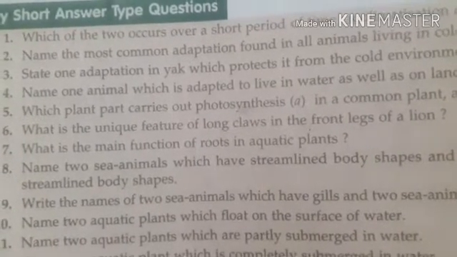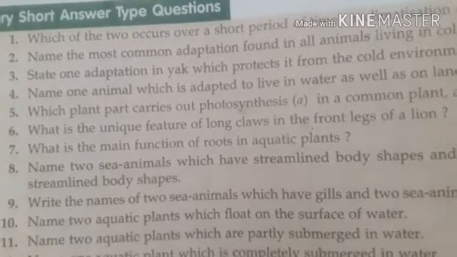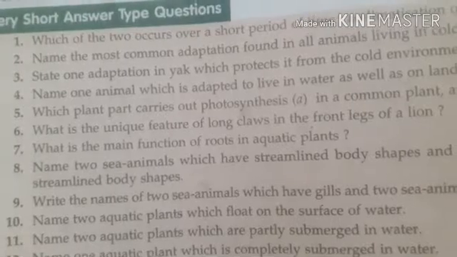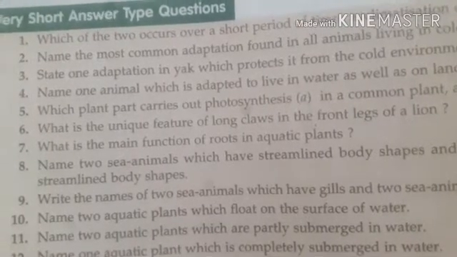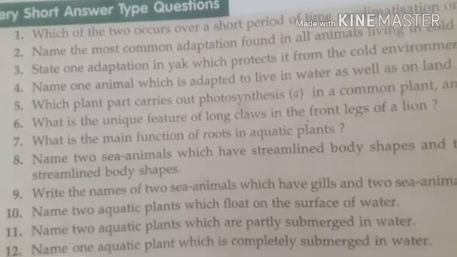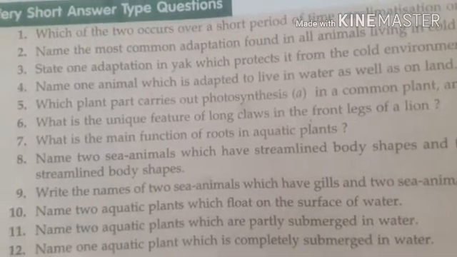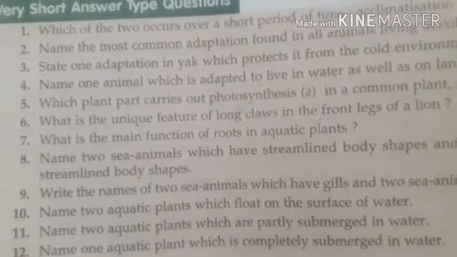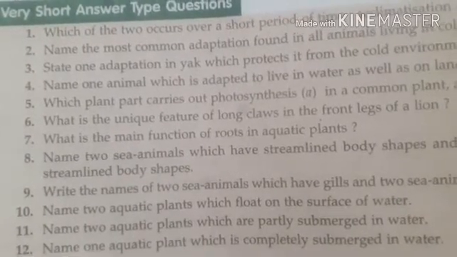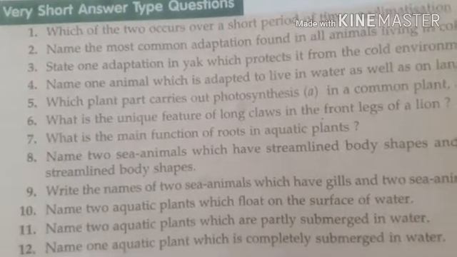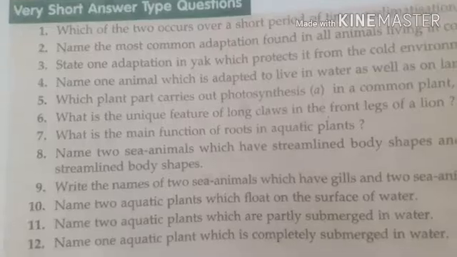They come out whenever they want, and they draw back into the toes, and they have very high power. If it hits something, it is going to hit with a high power punch. Next, what is the main function of roots in an aquatic plant? It's just to hold the plant to the soil, and there is no particular function, but it gives stability to the plant. That's it.